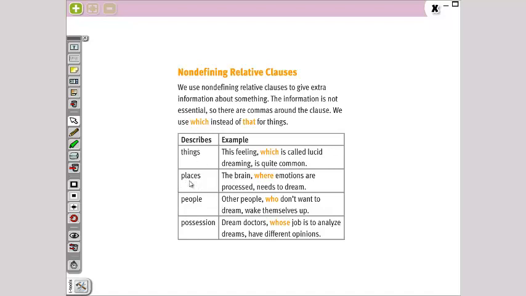To describe places, lugares, we use the word where, okay? The brain, where emotions are processed, needs to dream. For describing people, para describir personas, we use who. Other people, who don't want to dream, wake themselves up. Y para describir posesiones, possessions, we use whose. Dream doctors, whose job is to analyze dreams, have different opinions, okay? So,